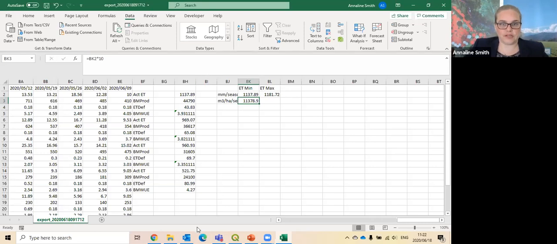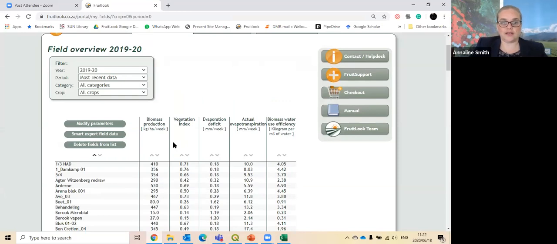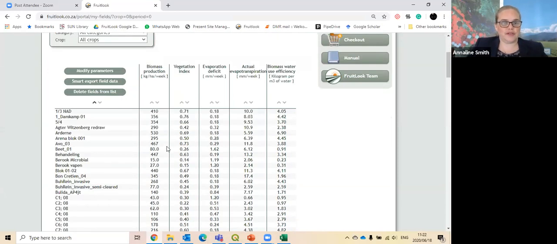Okay, let's go back to the website. So that is the smart export field data. So now we've basically covered the first page, which is the My Field analysis. So if we open up a field,